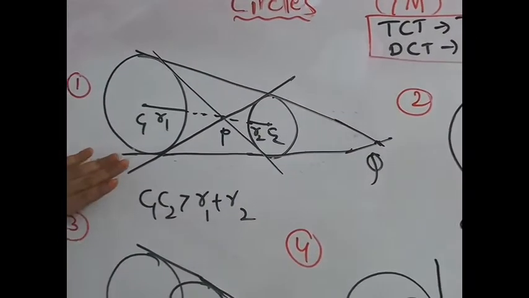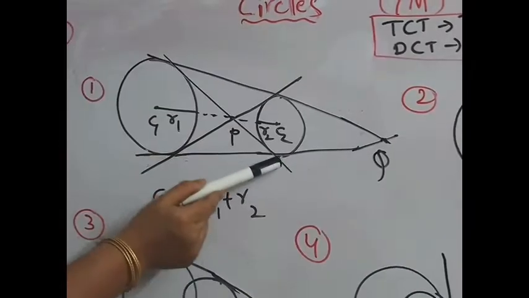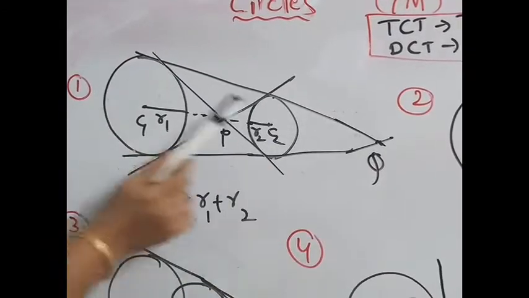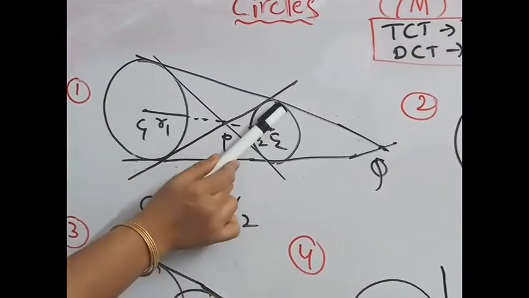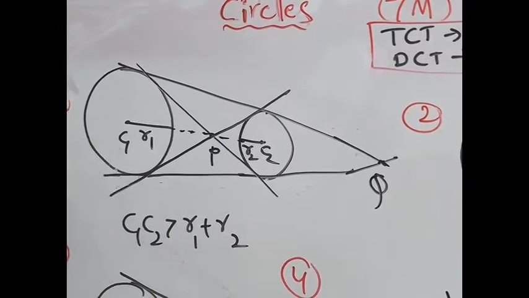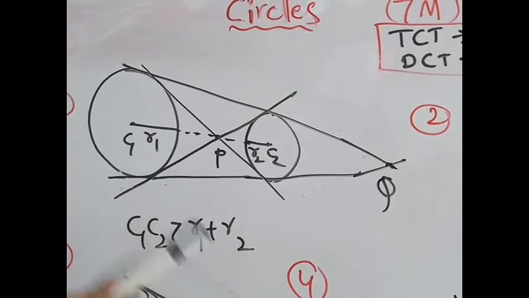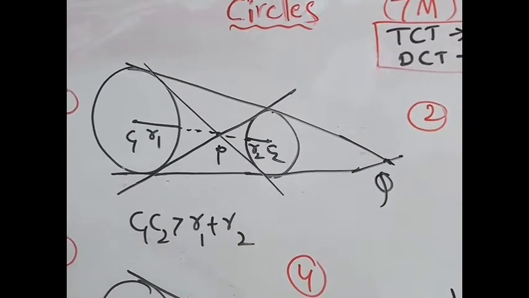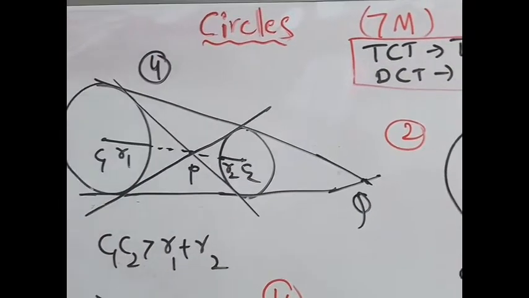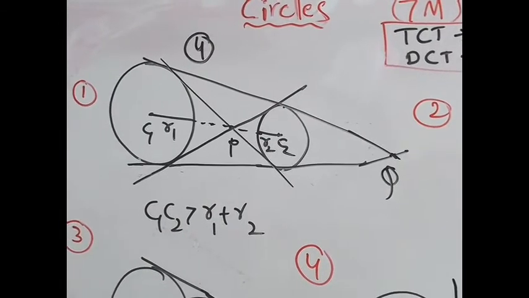In this case, how many common tangents do we have? See here, this is one common tangent, this is two common tangents. The same way, this is also one common tangent because it touches the two circles at one point, and this is also one common tangent. So for C1C2 greater than R1 plus R2, two circles do not intersect each other. And the number of common tangents here is 4. In this, what are direct common tangents? What are transverse common tangents?